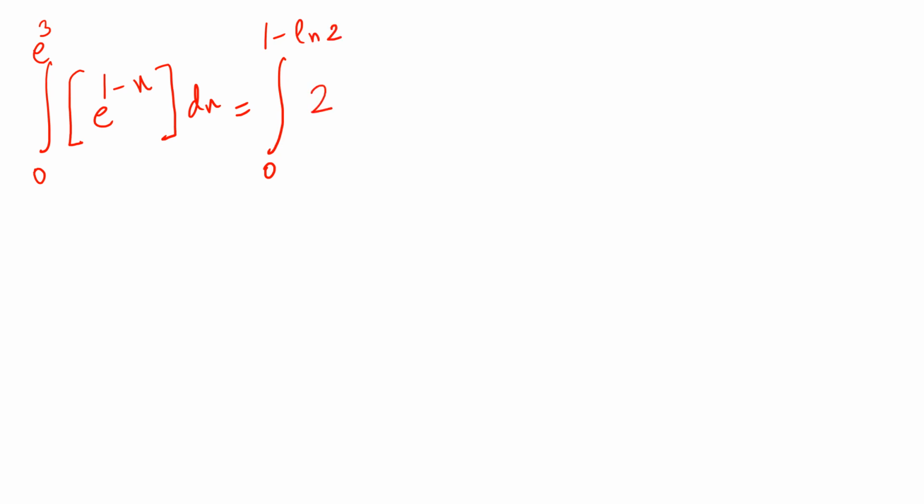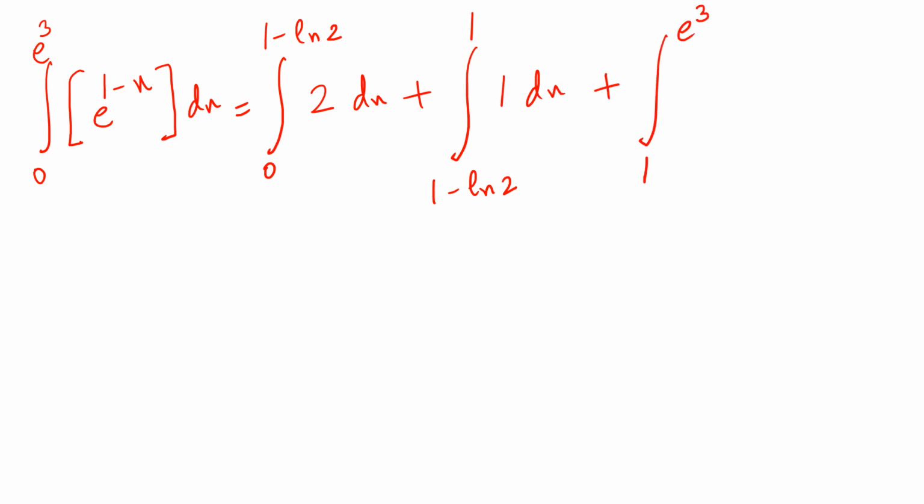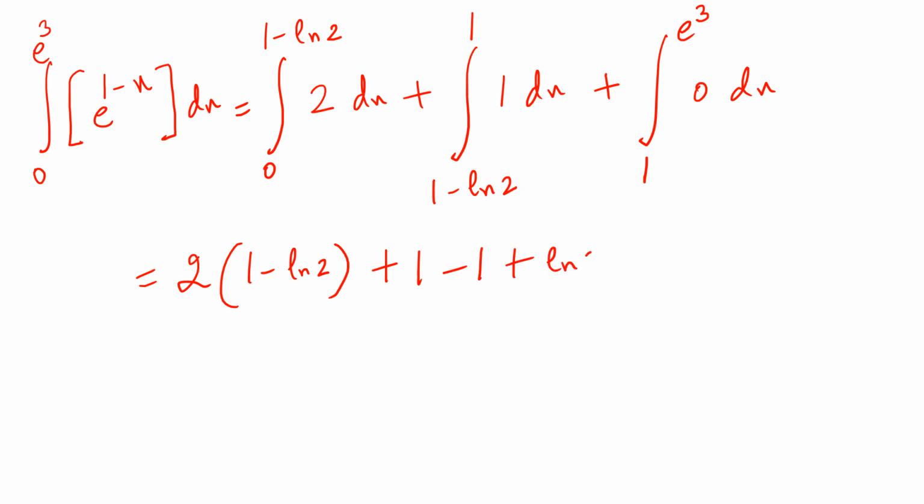Now students, the given integral 0 to e cube GIF function of e to the power 1 minus x dx becomes equal to integral 0 to 1 minus ln 2 of 2 dx plus integral 1 minus ln 2 to 1 of 1 dx plus integral 1 to e cube of 0 dx, and this comes as 2 times 1 minus ln 2 plus 1 minus 1 plus ln 2 plus 0, and this is finally 2 minus ln 2,